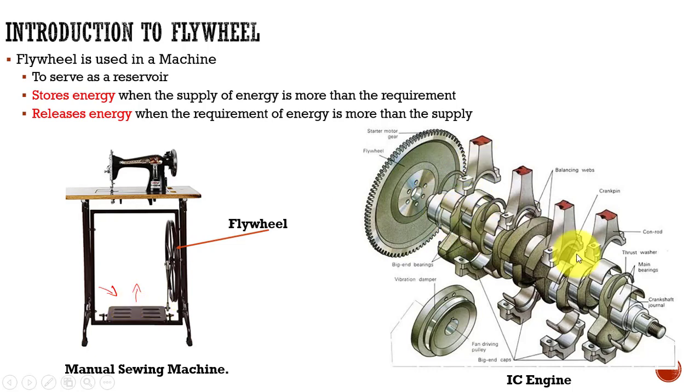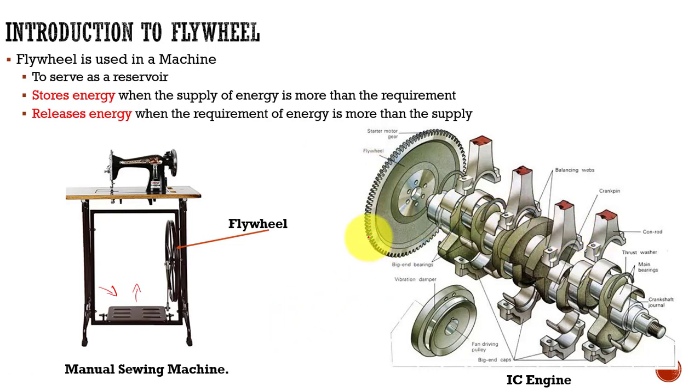Similarly in an IC engine, we know that power is only produced during the power stroke. During combustion, the power is produced in the piston, and it pushes the piston in the direction of the gas load. During the remaining three strokes, they are unproductive at that time, so the flywheel has to release energy to the system. During the power stroke it has to store as much energy as possible, and during the later non-productive strokes it has to supply the energy to the system to keep it in operative condition.